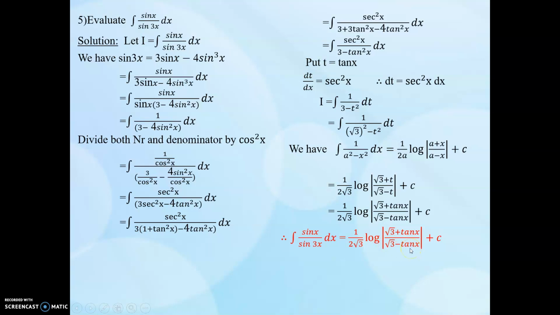So in this question you have to remember the substitutions properly, and we have to divide the numerator and the denominator by cos square x, so you can make it like this. Otherwise you have to do it with another method. This way also you can do this.